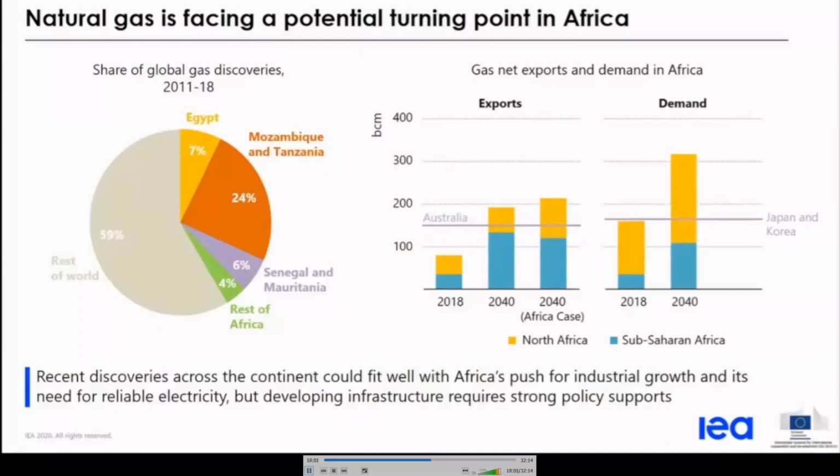Much, however, will depend upon the pricing at which gas becomes available, the development of distribution networks, including small-scale LNG production, and the financing available for infrastructure. In our projections, Africa becomes a major player in natural gas as a producer, a consumer, and as an exporter. Today, Africa as a whole exports a similar volume of gas as Australia, and the continent's gas demand is similar to the combined demand of Japan and Korea.